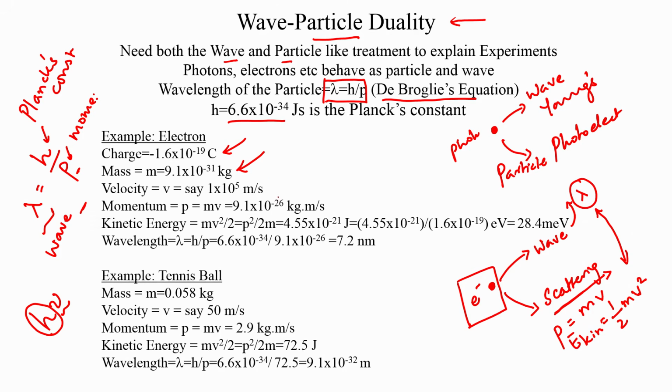Now, let us say the electron is fired from an electron gun. For the purpose of this example, we say that it has a velocity of 10^5 meters per second, and therefore it has a momentum of mass times velocity, which is about 9.1 x 10^-26 kg meter per second. It also has a kinetic energy, and this kinetic energy can be represented in joules, but by dividing it by q, which is the magnitude of the charge of the electron,